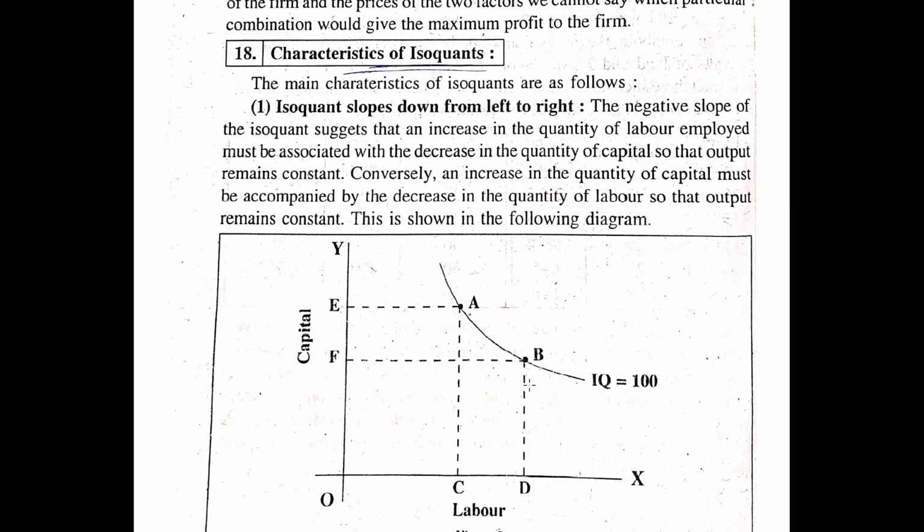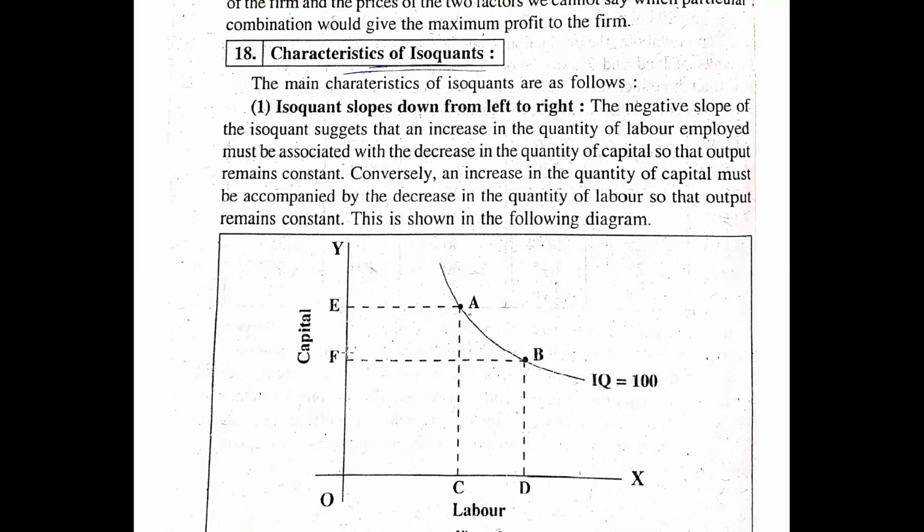And let me tell you that point A and point B both show that both points will give us the equal quantity of production. You can take a combination of capital as E and labor as C, you will get 100 units of the production. And if you take F units of capital and D units of labor, then also you will get 100 units of the production. So guys, this is how you can understand this graph, that by increasing the variable of the capital here,